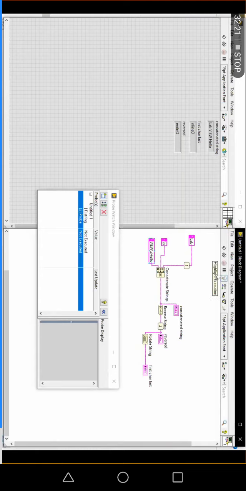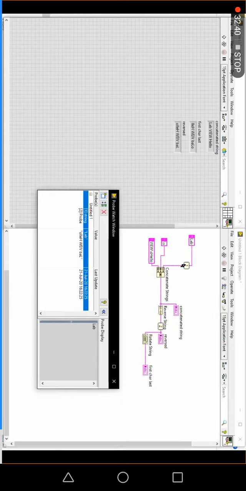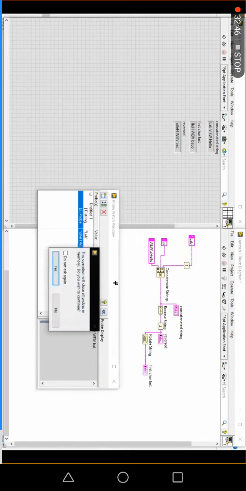At normal execution speed, you can use any probe and it will show wire values. Not value speed, it will show wire values, that's very important, at normal execution speed. It will tell what the wire value is. So that is the probe.